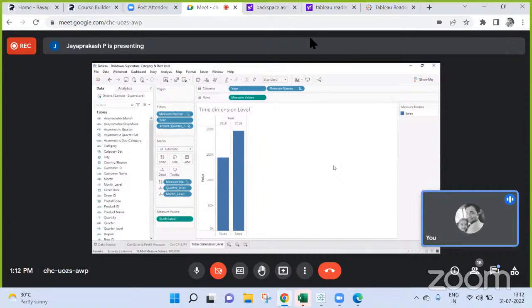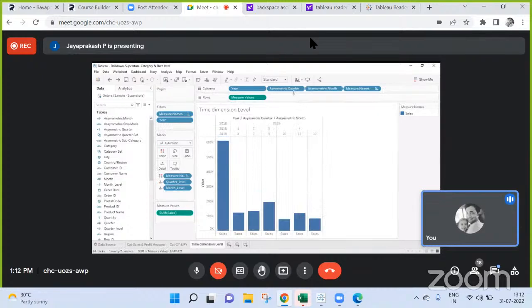So using that set, if I can convert it so it will take only discrete level rather than day level, then it will only take quarters. Again, if someone clicks on a quarter, even in that quarter, if it takes only the discrete level of the quarter and it can convert that into months, it will show months in that quarter, then the output must be there, but it's a very long shot.